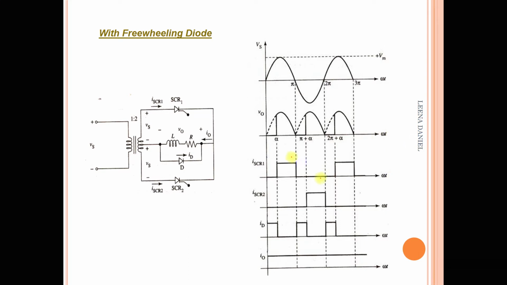and if we use a similar circuit with the freewheeling diode, the waveform would be improved and we will not get the output on the negative side. So we get the proper waveform in the output circuitry. So this is the advantage when we use the freewheeling diode. It improves the circuit performance.